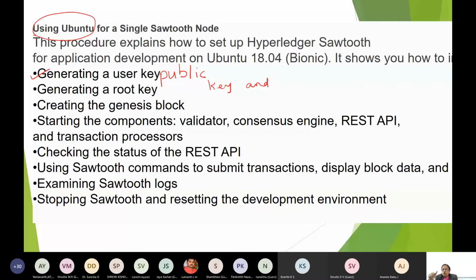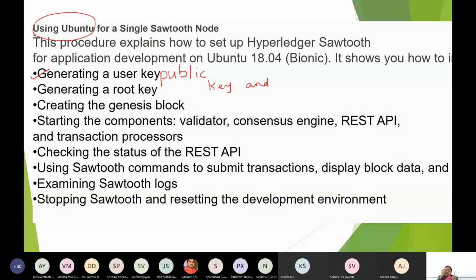to warm up the Sawtooth node. What you have to do now is start the components, the validators. They were the actors, no? They were the actor definitions which we have done: validator, consensus engine, REST APIs, transaction processors, that hex diagram. You will have the ports and adapters definition there.